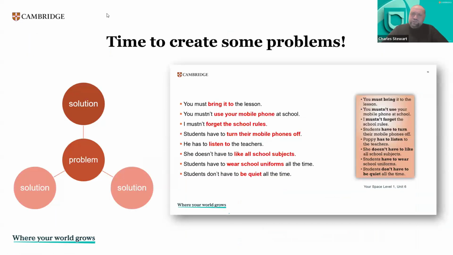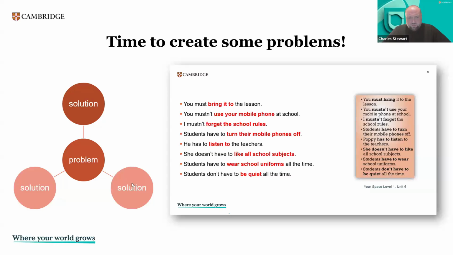Now, the way that I would do that is through an activity that's called time to create some problems. So we can see here, what is the name of this kind of diagram where you have something in the middle and then circles around it? Absolutely. There are several different names for it, a mind map, a concept map. Sometimes people even call it a spider diagram because it looks like a spider. And what I would have them do would involve a problem and solutions.